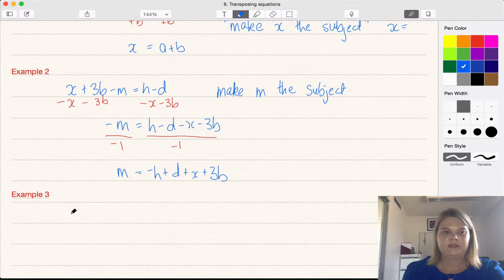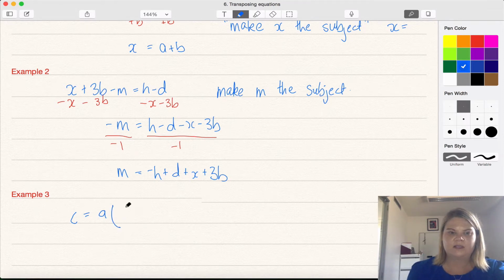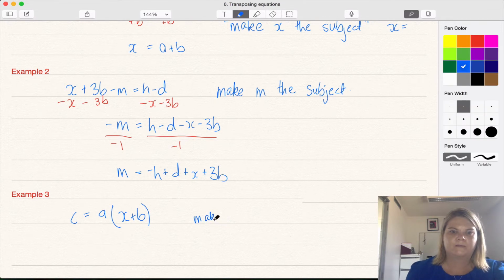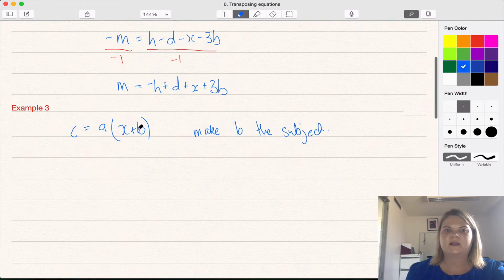Example 3 is C equals A bracket x plus b, and we're going to make b the subject. Okay, this one's a bit trickier because the b is inside the brackets. So we've got two options. We could expand the brackets first so we don't have brackets anymore. But because we want to get to something that's inside the brackets, what I'm going to do is all in one go,